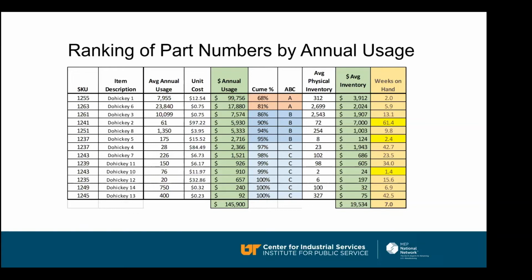What I do then is when I look at the next, I add in the next item in the list, that doohickey 6. Now it's at about $17,900. And of course, I went to public school, so my math isn't real good, but that represents about 13% of your total inventory value. So I add that 68% plus the 13% of the second item, and that gives me the 81%.